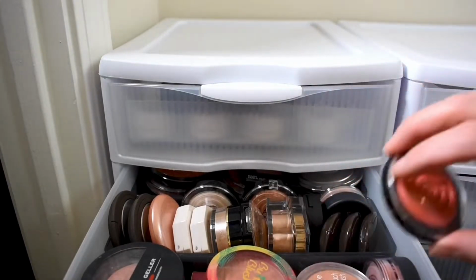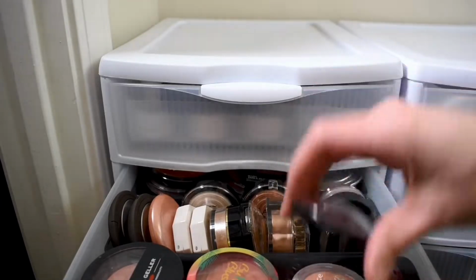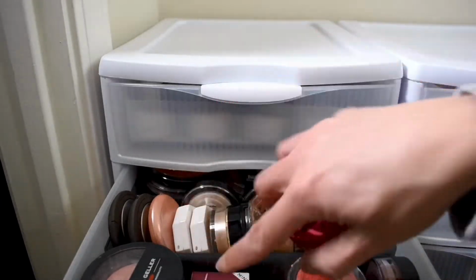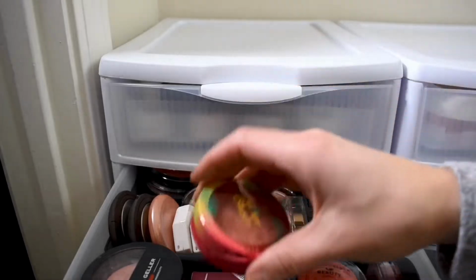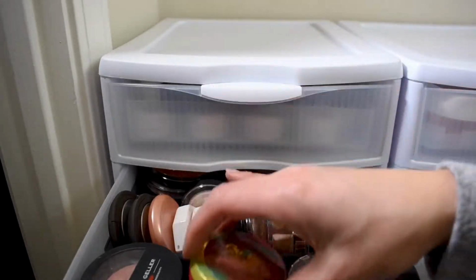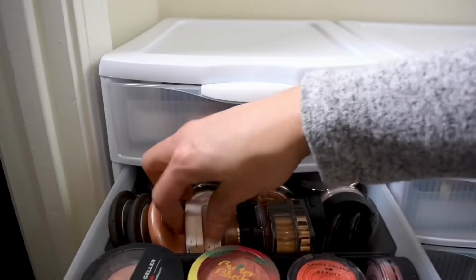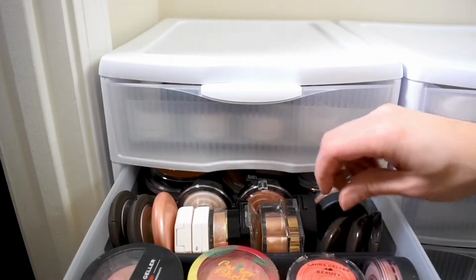I said I kind of made some room in my drawers. So I try to go into these drawers as often as I can because some of this is my spillover. Like I have a little Hoola bronzer, which of course I've used a bunch of times, but I have those 2 big palettes in my main drawers. So I have the little Hoola over there for travel maybe. I use this blush all the time. I have some Bare Minerals in here. Smaller travel size highlighters, Becca, Fenty,